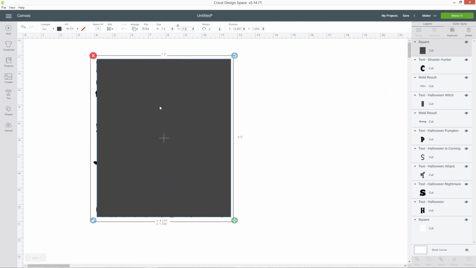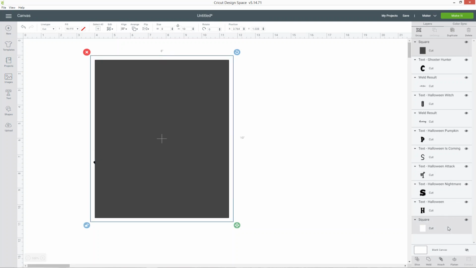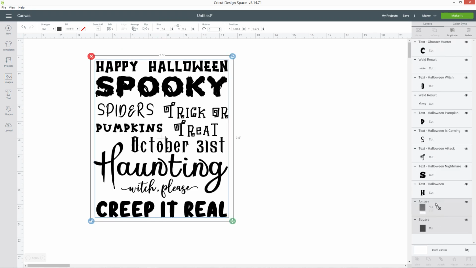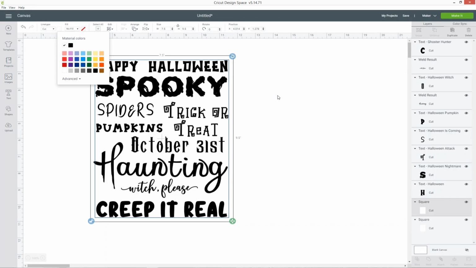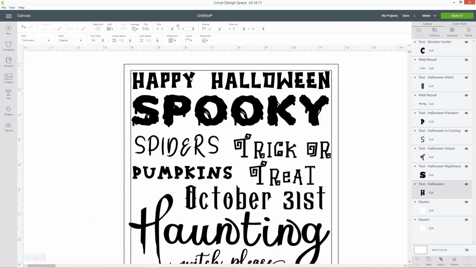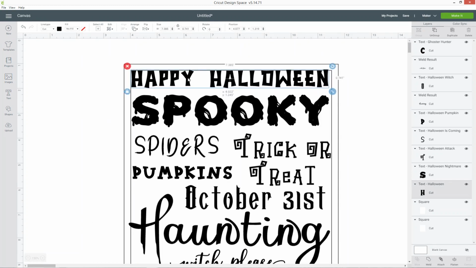And then select this layer, press Ctrl on my keyboard and choose the square at the bottom. Go into Align and then Center to put that grey circle directly in the middle. I'm then going to drag it all the way down so it just sits above that white one, and then I'll make that white as well.